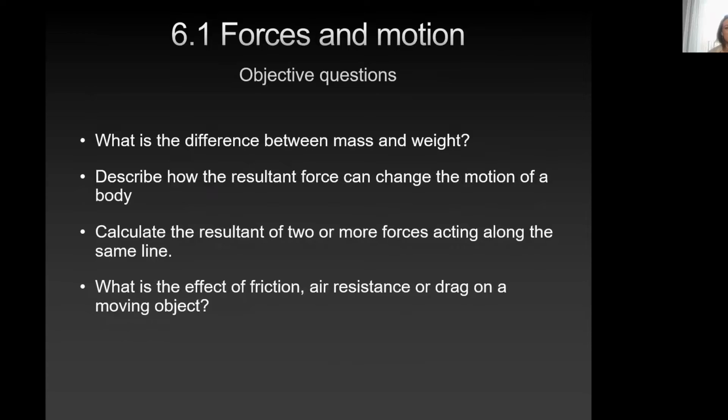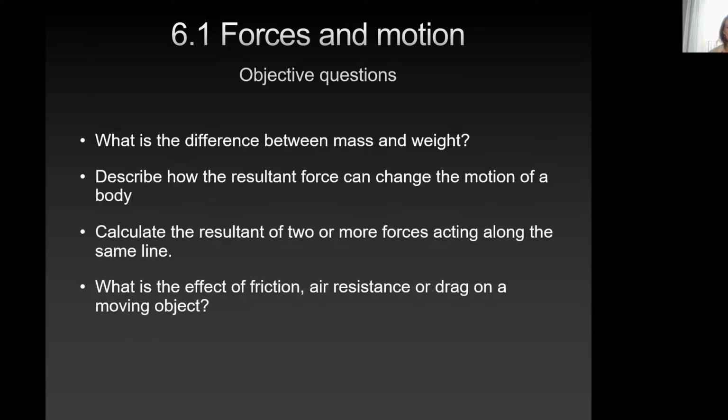So, we're looking at a more in-depth idea about forces, motion, and so forth. In this series, we're going to look at momentum, forces, and how to draw force diagrams. Let's jump right in. We're going to look at what is the difference between mass and weight as one of